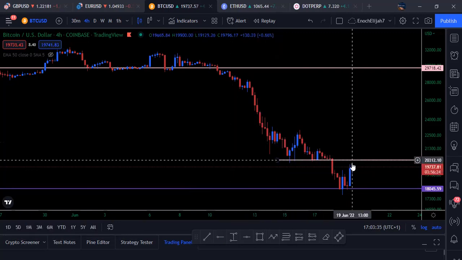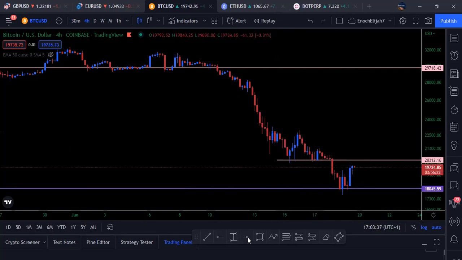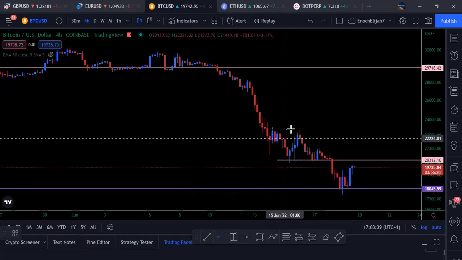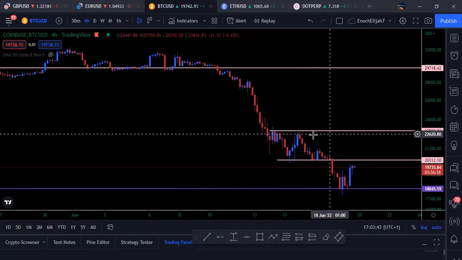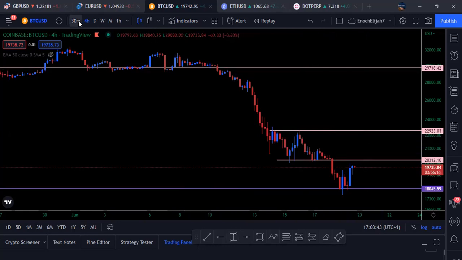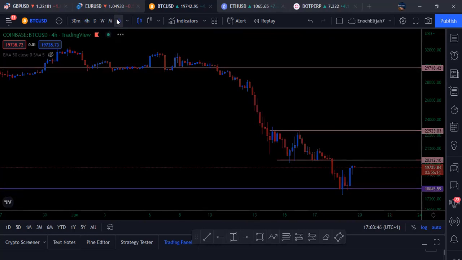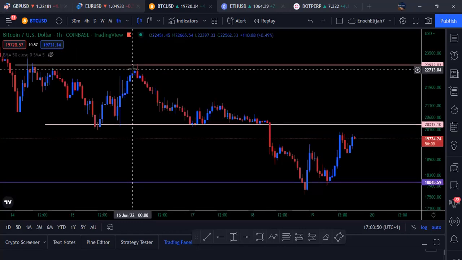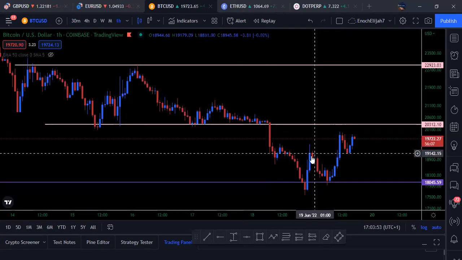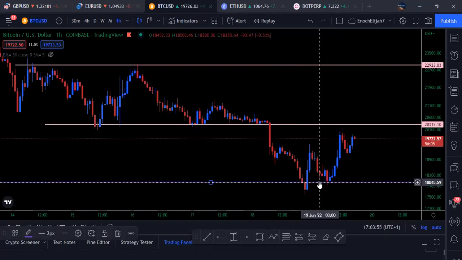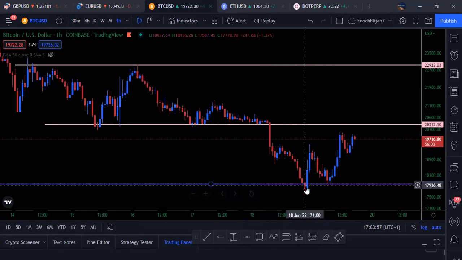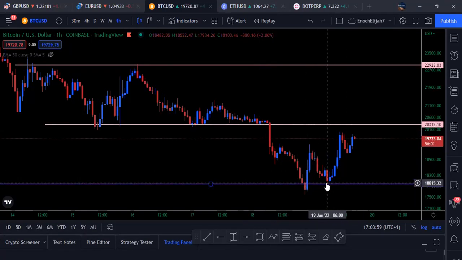Yeah, if it breaks this level, then it's come down to this level. If it closes above it, it can come to this level again on lower time frame, for lower time frame trading. So you can see now, right now on the 1 hour time frame, it creates a double bottom right at support,